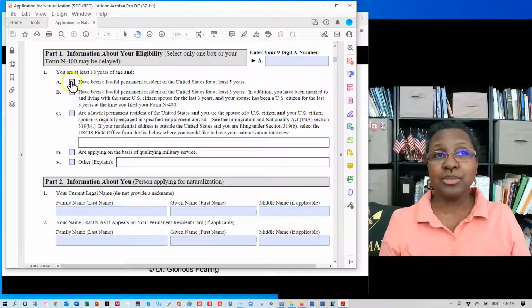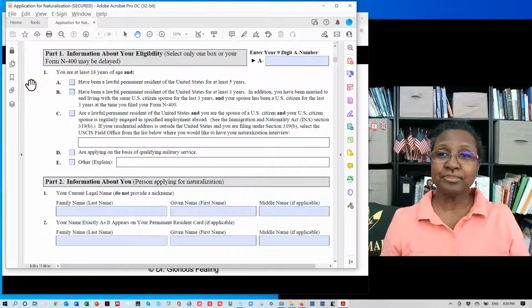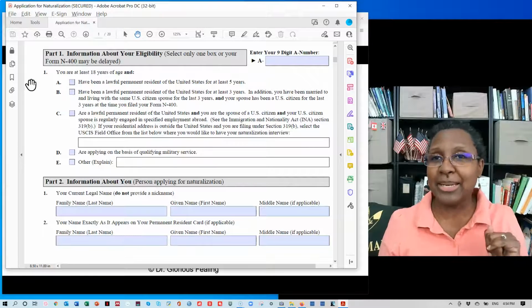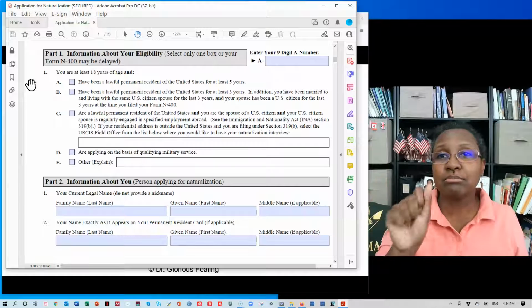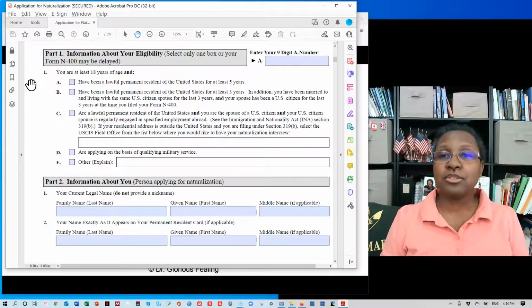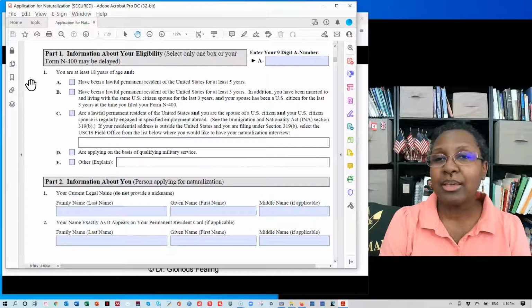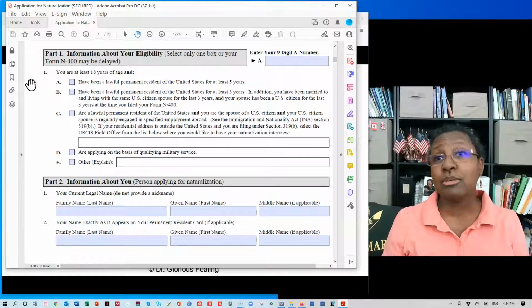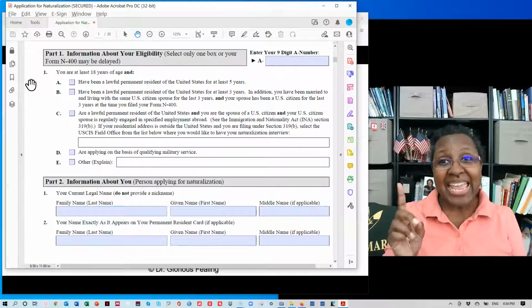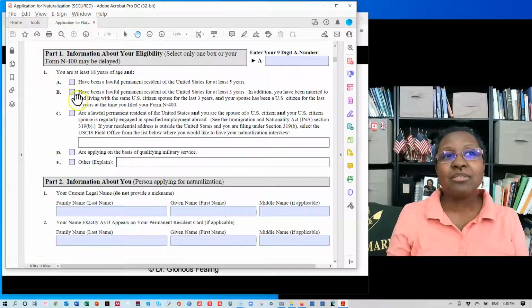To be eligible, think of America as a house. You go over to the house for a visit and you want to go in. So you knock on the door and someone comes to the door and says, hello. And you say, I want to come in. And they say, okay, well, maybe you can come in. Maybe you can come in if you're 18 years of age or older and one of the other